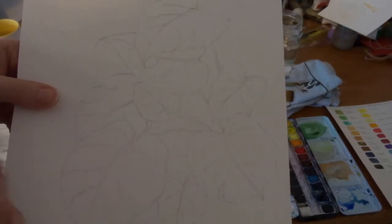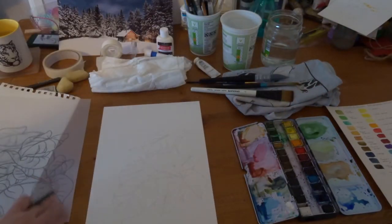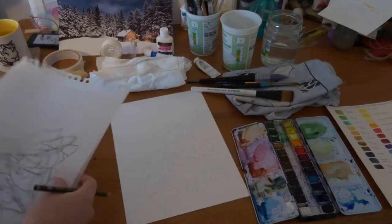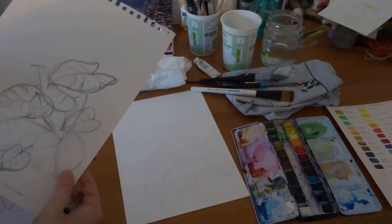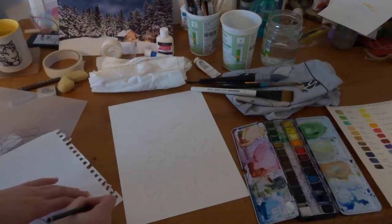And then you've not got any of those lines or smudges or damage to your paper, and then you're ready to get painting. So as a little example, you can also do it without the tracing paper. So you could do a little leaf, for example,